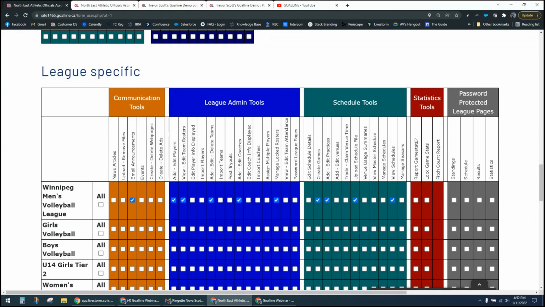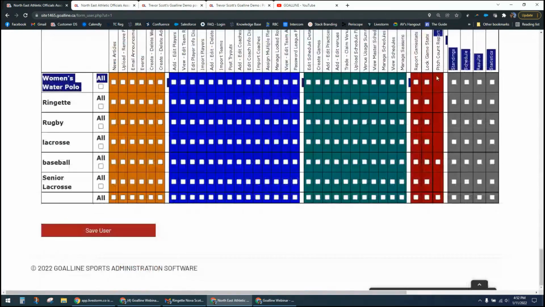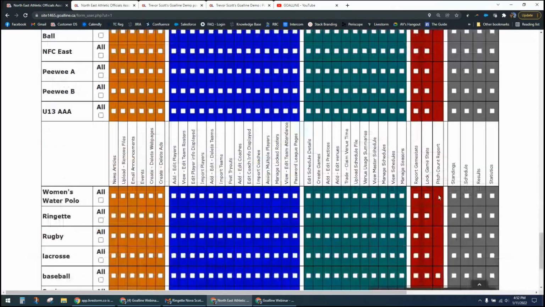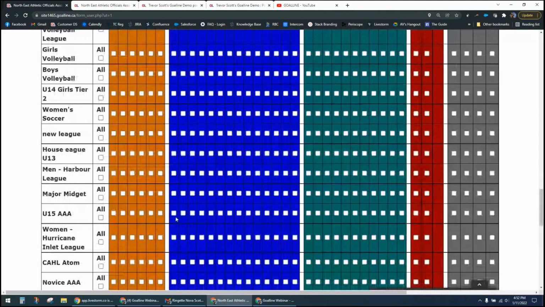And then when it comes to statistics, everything that's available in your statistic category should typically be granted to a league coordinator. And I'm just going to scroll down to find my baseball one, because there are some specific to baseball for pitch count reporting that a league coordinator who does a baseball league should have access to as well. So those are the typical permissions that are recommended for someone who plays the role of a league coordinator,